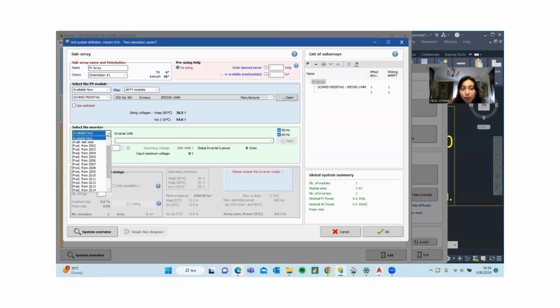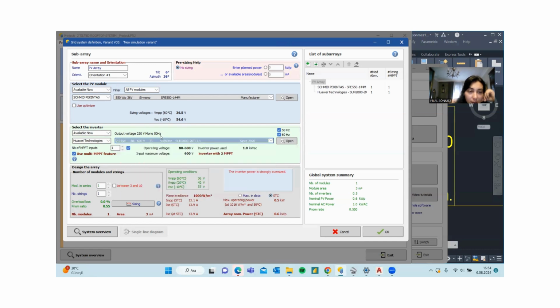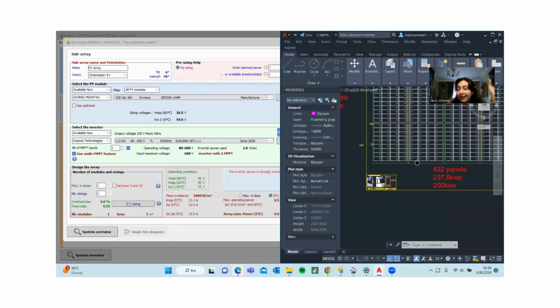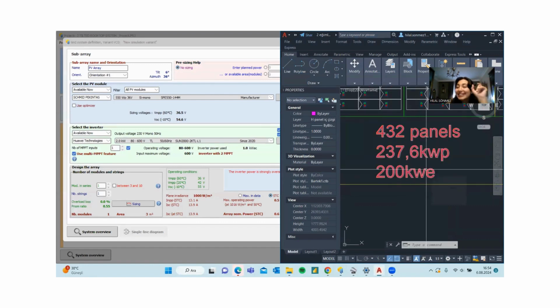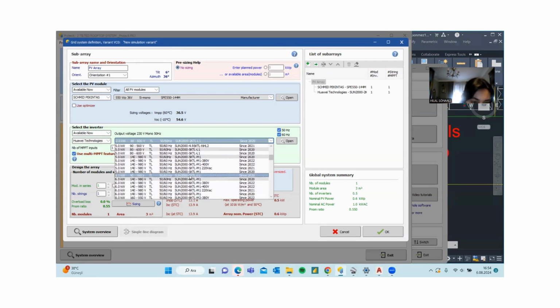we come to the inverter selection. For the inverter, actually, I will choose Huawei. I choose the brand as Huawei, but for the model, I have to go back to our CAD file, and it states that the total AC power should be approximately 200 kilowatt electric. And in order to attain this kilowatt AC, I try to look,